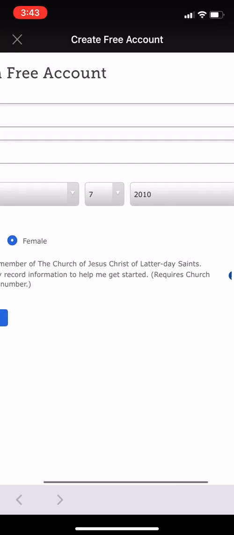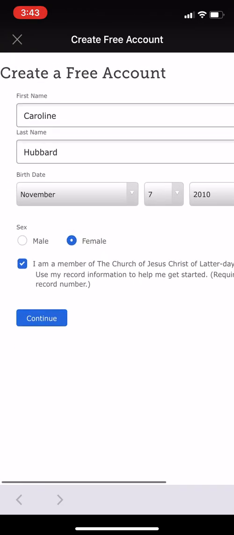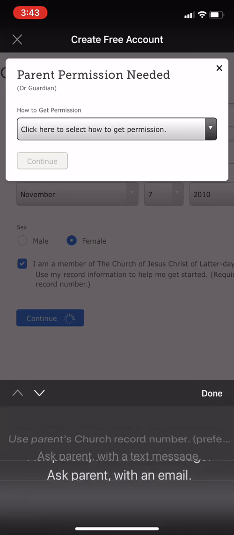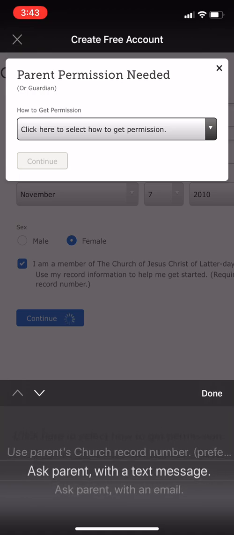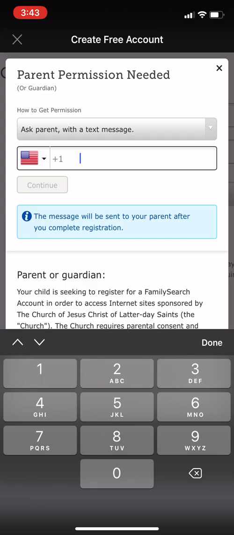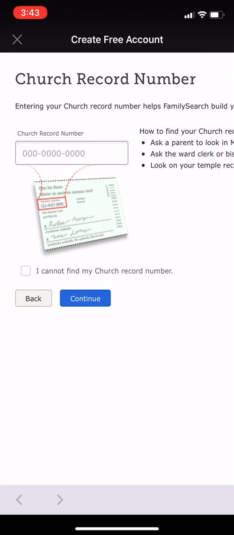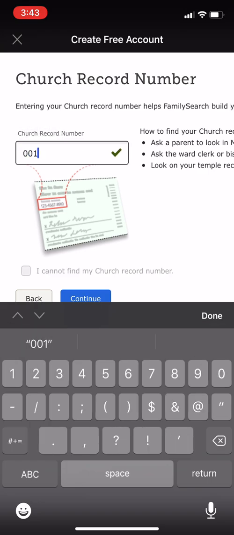And you're going to click this little box here so that it'll help you connect to the temple information. And you're going to get this notice asking your mom or dad to give you permission. And you can choose which way your parents want to get a message giving approval. And then you'll put in whatever it asks for. And then this screen is where you type in that number, that record number that you got from LDS Tools. So you type that in,